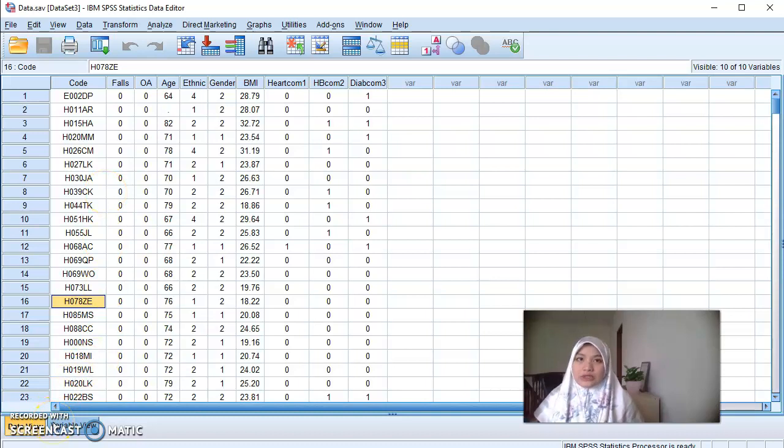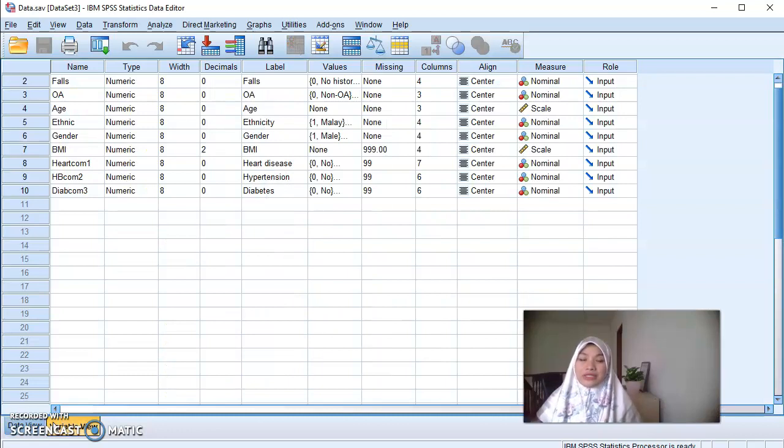The main thing to start with SPSS is to recognize the variables that you have. Okay, actually in any data there are two types of variables, which is continuous variables and also categorical variables. Continuous variables, as an example, like age, so one person the data will be like 18 years old, 20 years old, 60 years old, 55 years old. It's actually a continuous data, while categorical data is like gender, okay, female or male,